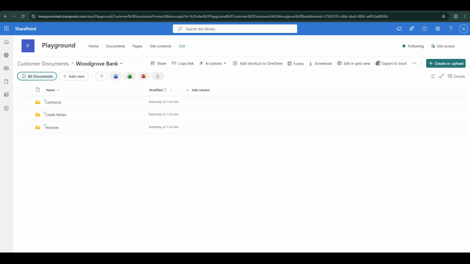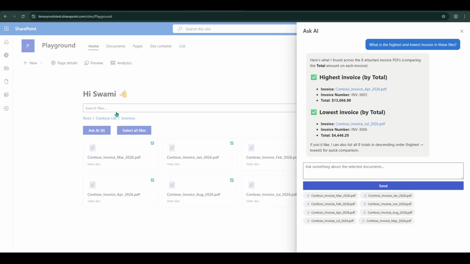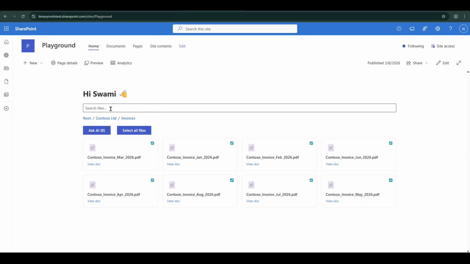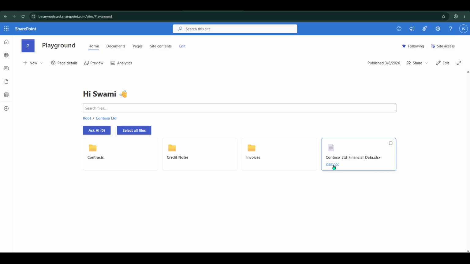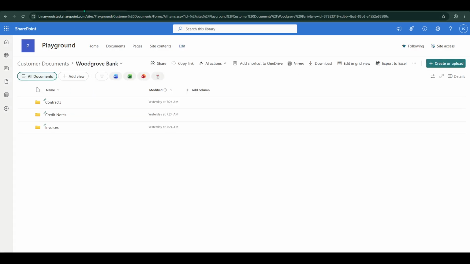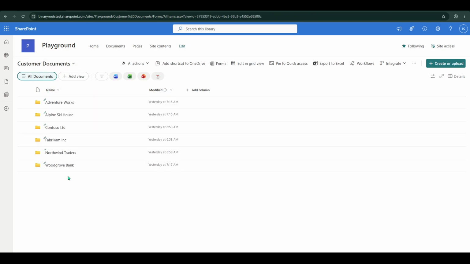Like the context and everything, because if I directly put it here, like get me the data of the Contoso, okay, so here I'm not clearly instructing the Copilot, right, what kind of data I want, right? But if I go to the specific folder, if I go to specific invoices, let's say, and what I have is I have this kind of financial data as well. Okay, so I will tell you what this file has. So in the Contoso,